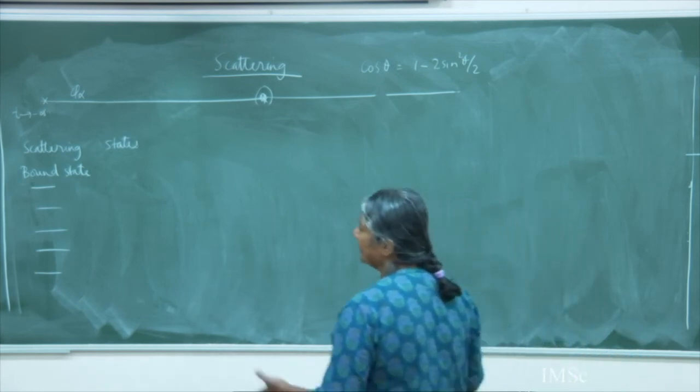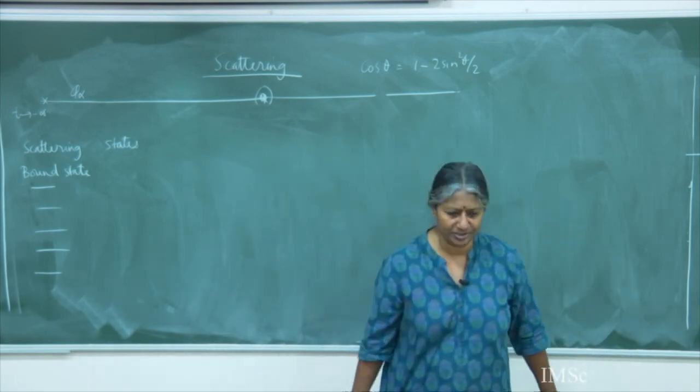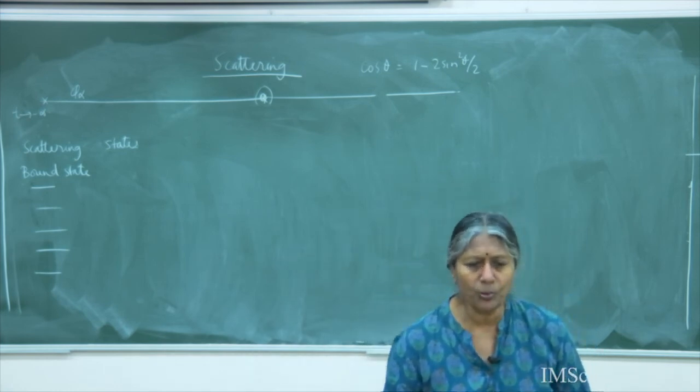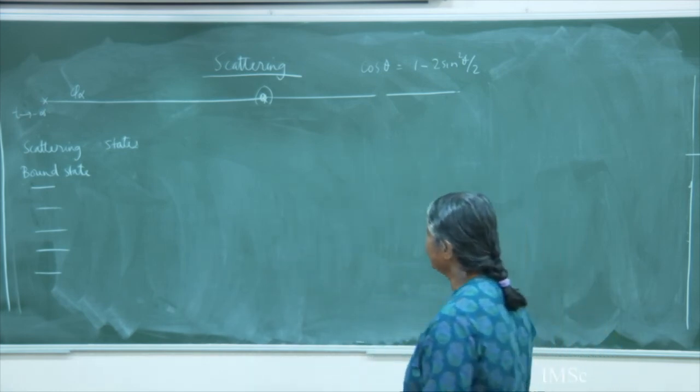Okay. So this is the basic setup that I am going to use to tell you what are transition probabilities, and from there how we find scattering cross sections. But let us review a little bit of relativistic quantum mechanics, so that